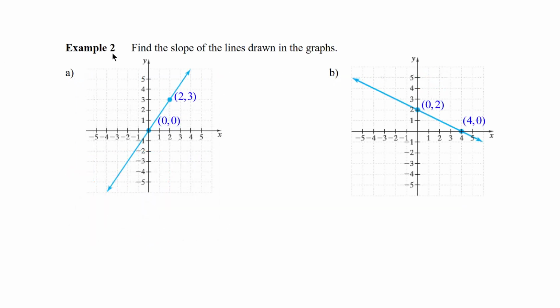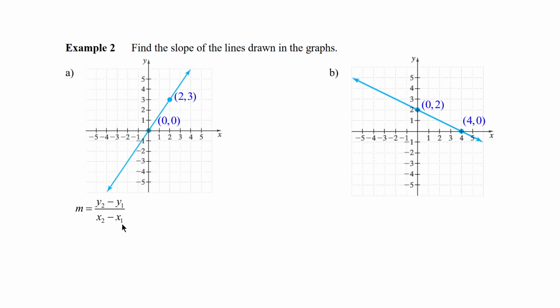In example number 2, find the slope of the lines drawn in the graphs. For part A, the graph of the line has 2 points given. The first point is at the origin, which has the coordinates 0, 0. The second point has the coordinates of 2, 3. To find the slope of this line, we just use the slope formula m equals y2 minus y1 divided by